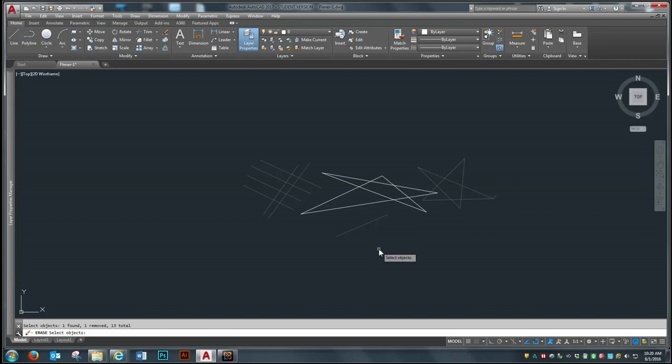So, if you make a mistake, there's corrections. So now that I've got the things grayed out that I don't want, I will just hit enter. Now, if I decide, oh no, I have erased things that I didn't mean to erase,